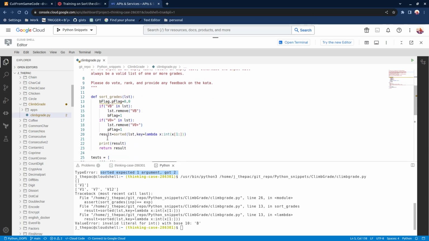So let's say if result of 0 is equal to, let's say V0, then what we need to do is result is equal to V0 plus result. Okay, and then we can say if